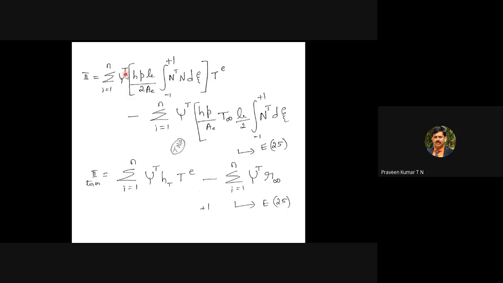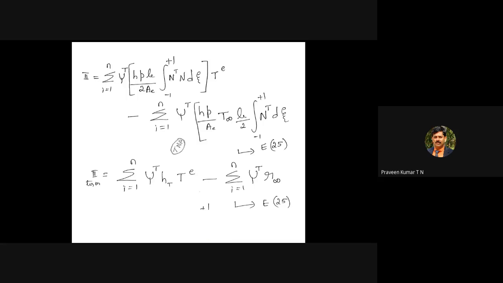If you simplify it further, the xi transpose you are taking out here. Here also you are taking xi transpose. You are taking the summation. We have N transpose into N into d xi. After integration, that you discussed yesterday, I'm not interested in deriving the complete integration once again. Already we have derived 1 by 3, 2, 1, 1, 2. That I put at the last page of your notes, the new notes, especially this part, the last of your PPT. Here also we have -1 to +1 N transpose. If you substitute N is equal to N1, N2, we know that N1 is equal to 1 minus xi divided by 2.